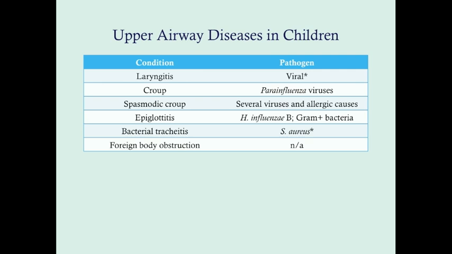Okay, so we are talking about various acquired upper airway diseases in children, and epiglottitis is one of them. Apart from foreign body obstruction in some cases, epiglottitis is really the most deadly out of all of these. If a child has epiglottitis and does not get treated, or is not treated effectively, they will die. The urban legend is that George Washington, the first president of the United States, died in 1799 from epiglottitis, but we don't know that for sure.